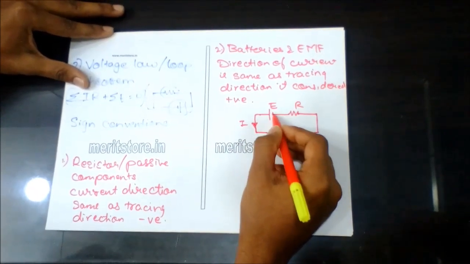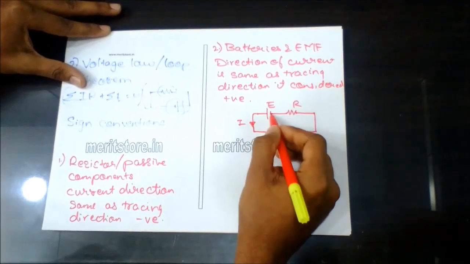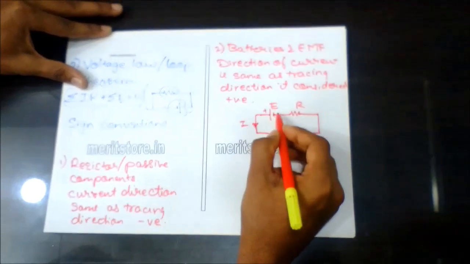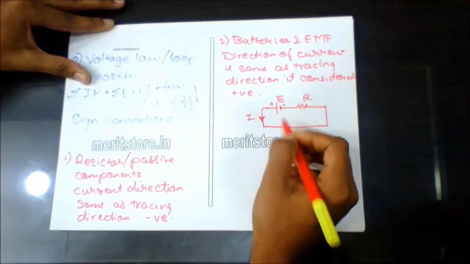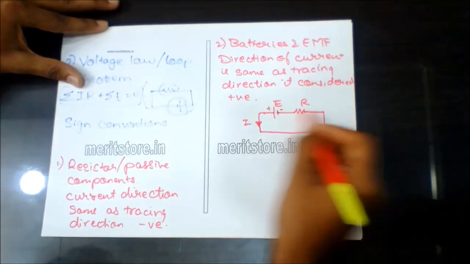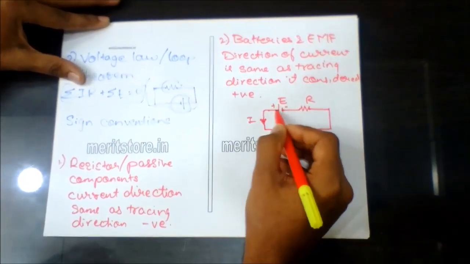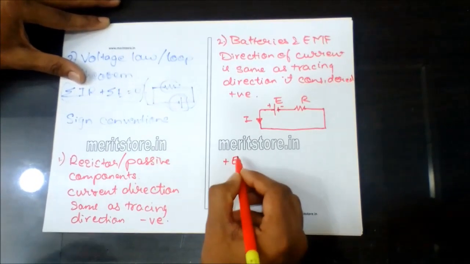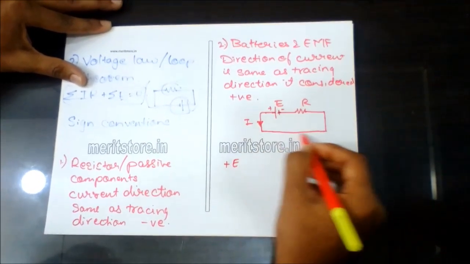Over the cell, this plate is at a higher potential whereas this point is at a lower potential. So tracing in the anti-clockwise direction, the potential is increasing, hence plus E,